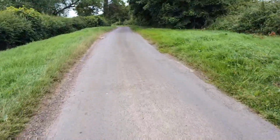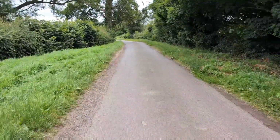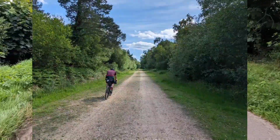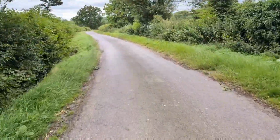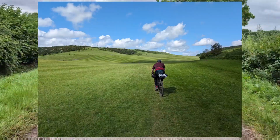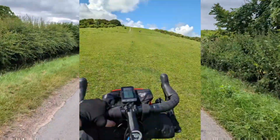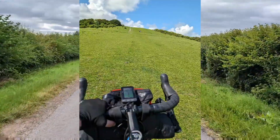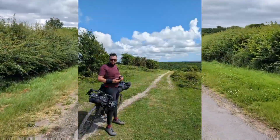In terms of the route itself, we did it from Reading, clockwise. Everything up to Winchester is amazing. The South Downs is just incredible. There are a couple of narrow lanes where it's a bit stingy, nettly and narrow, but you could cope with it. Everything after Winchester is tough in terms of a lot of overgrown lanes, a lot of stinging nettles,